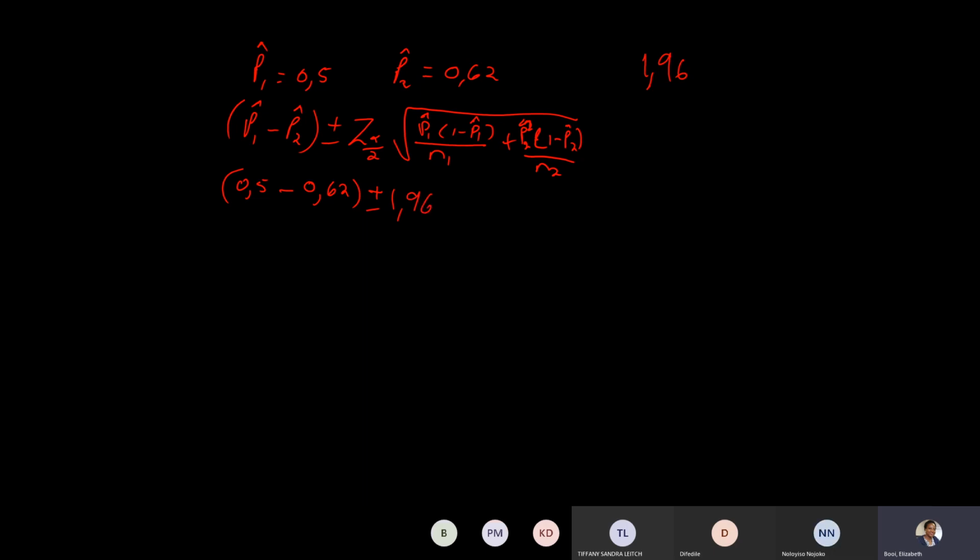When we go to the table for the Z of 0.025, the critical value that we get from there is 1.96 times the square root of your P1 is 0.5 times 1 minus 0.5 divided by N. Our N is 72